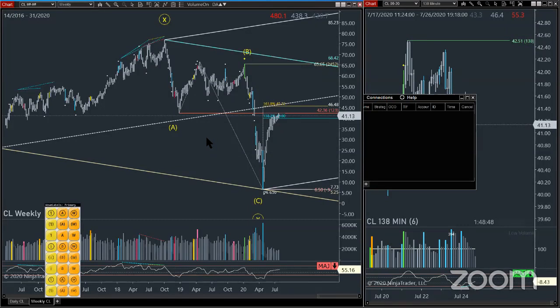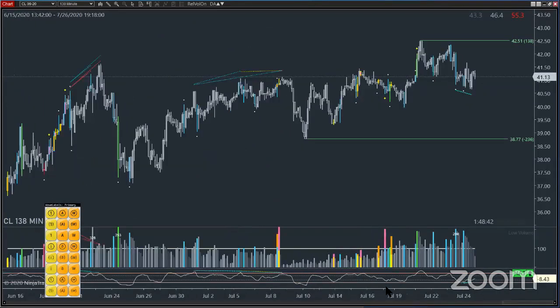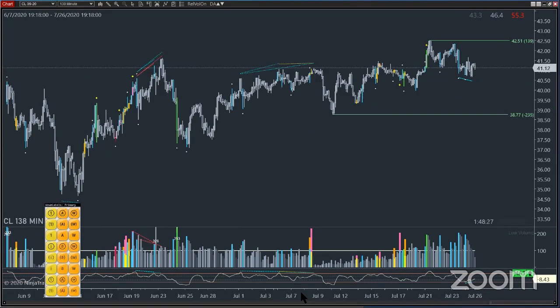In fact, we have our first lower high right here. Yeah, we probably got one good long left out of this. So that's clearly a trend line. If we can make it back down to that,